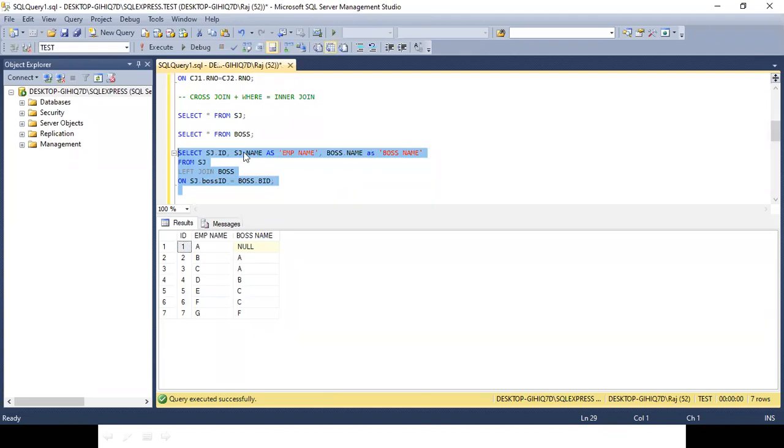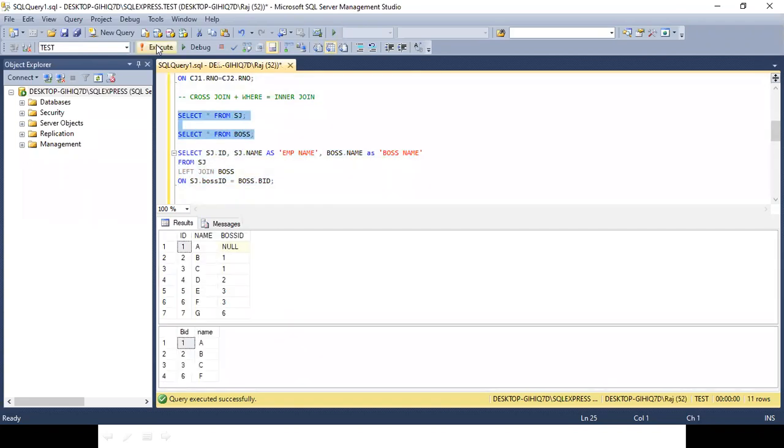By default, a column name will be displayed. However, if you want to give a customized name to your column, this is known as column alias. Sorry, my apologies, not table alias. In layman's terms, you can call it a label we have provided on the column. Is it clear now? Yeah. Okay, wonderful.